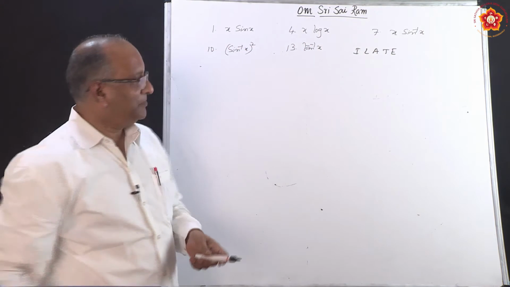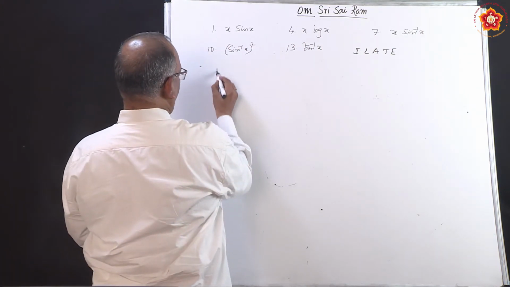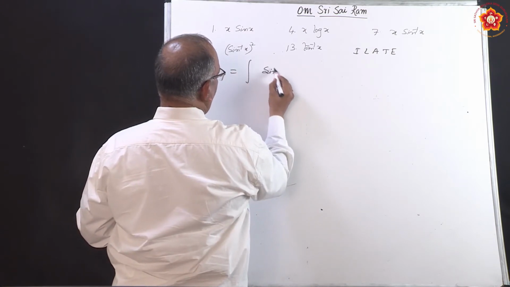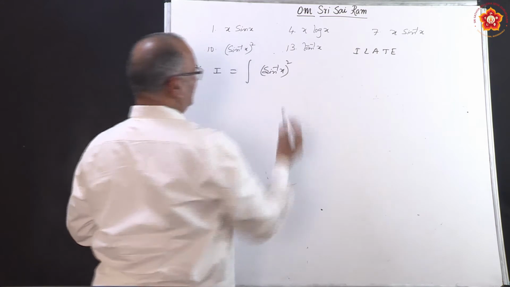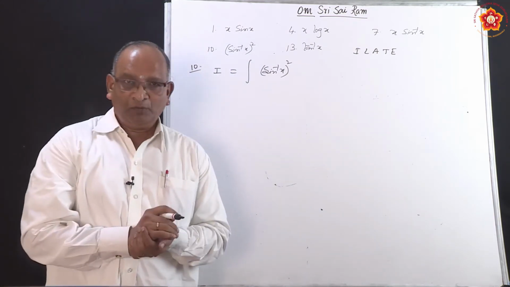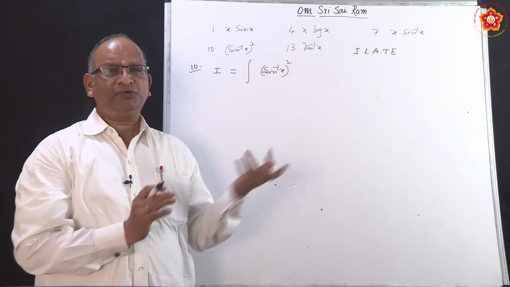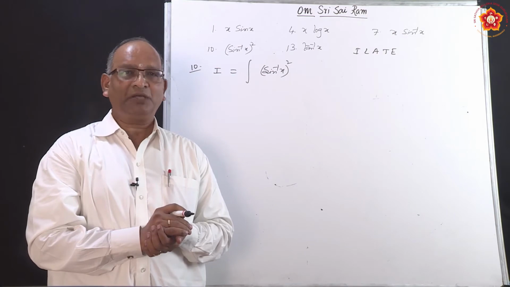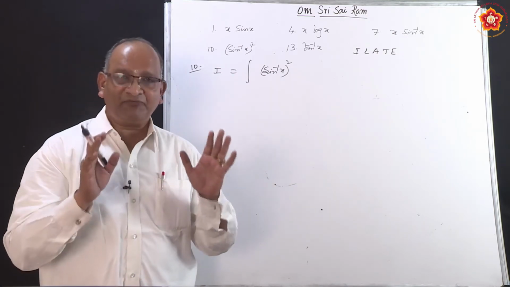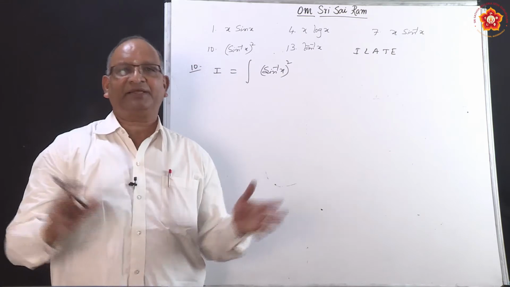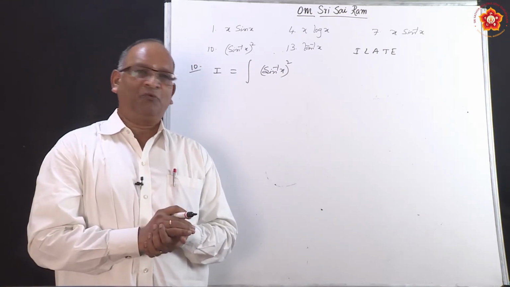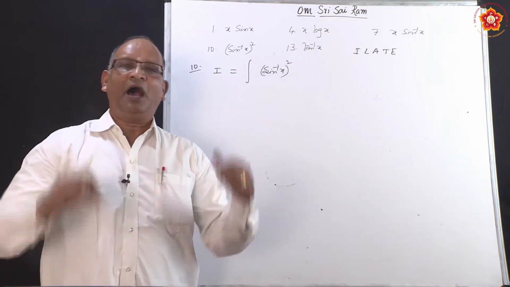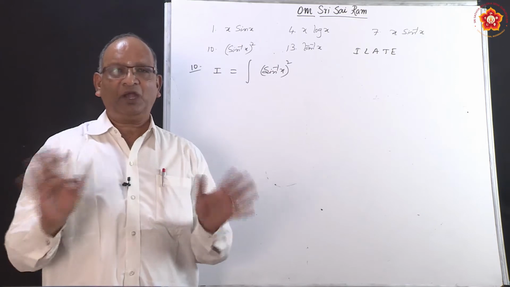We come to the 10th problem, which appears to be very interesting. Integral of sin inverse x whole square. You may be surprised that there is only one function. Why do we need to go for product of two functions? Because this function cannot be integrated by any methods which you have learned. So whether it is sin inverse x whole square or only sin inverse x or only tan inverse x, we do not have formulae.